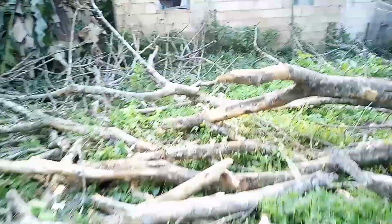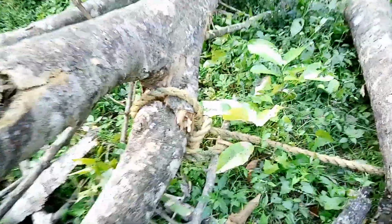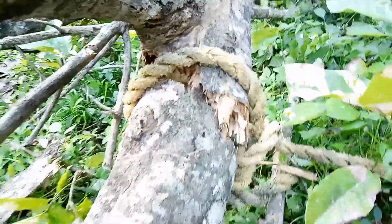One window plane broke. My God, it's better one window plane broke. And look here, the rope is still intact. One window blade broke, the rope is still intact. Yeah, my viewers, see there? The rope is still intact. Yeah, but as you can see,